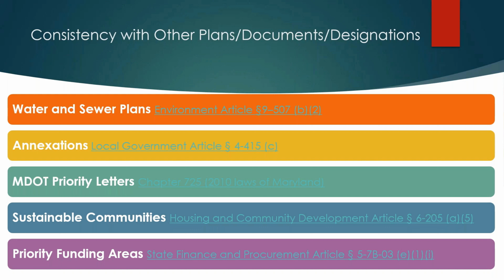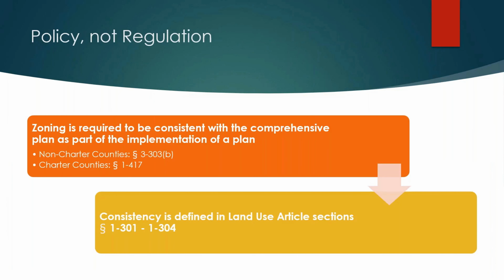DHCD sustainable communities are also required to be consistent with a comprehensive plan. And then priority funding areas, which we work closely with here at Maryland Department of Planning. If you want an area to be eligible to be a priority funding area, it needs to be included in a growth area in the comprehensive plan. It's important to note that comprehensive plan is policy, not regulation, but it is closely related to regulation. Zoning is required to be consistent with the comprehensive plan as part of the implementation of the plan. There's a few code references where you'll find that. And if you're looking for a definition of that consistency, you'll find that in the land use article reference sections listed at the